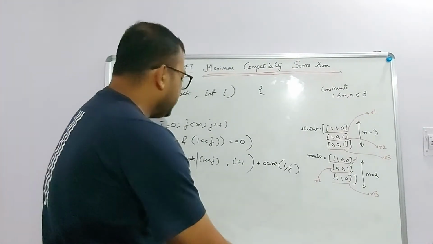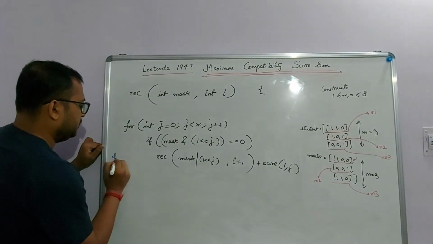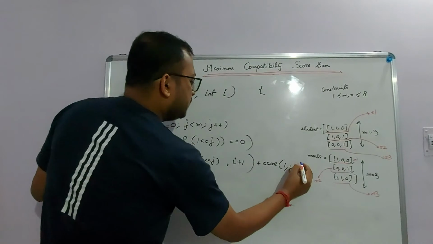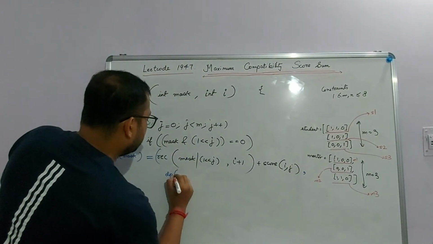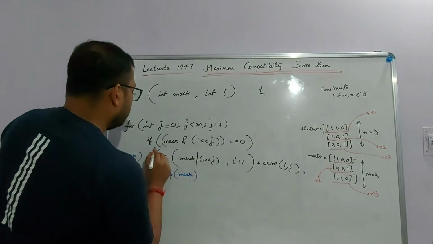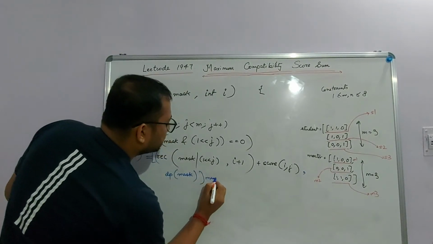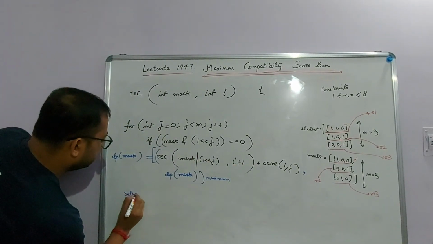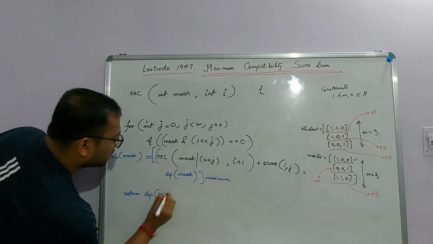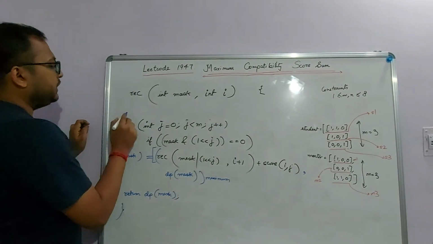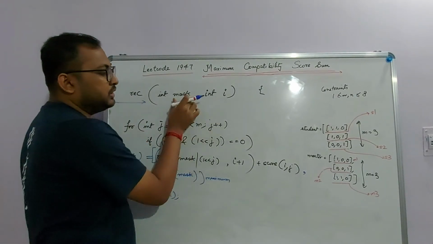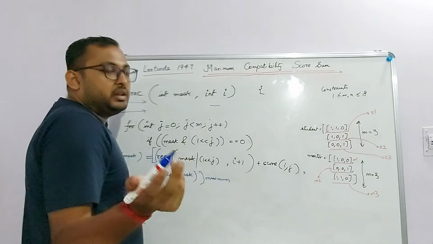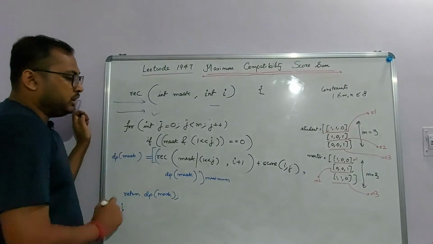Now let's see if you want to memoize it. So if you want to memoize it, we simply do dp of mask is equal to this or dp of mask, whichever is maximum. We take the maximum of this or this, whichever is maximum, and finally return dp of mask from here. Here we can have the base case where if all the values are already set in this mask, we simply return, and if this dp of mask is not equal to some initial value that we have set, then we can also return from here. We do not need to recompute again.